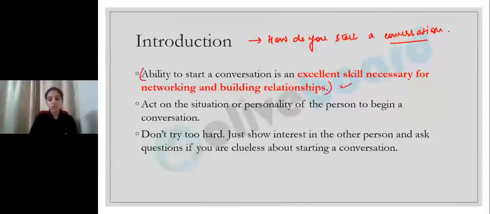So, what does the first point say? The ability to start a conversation is an excellent skill necessary for networking and building relationships. So this varies from situation to situation. If you are in a professional setting and if you have this ability to interact with people,